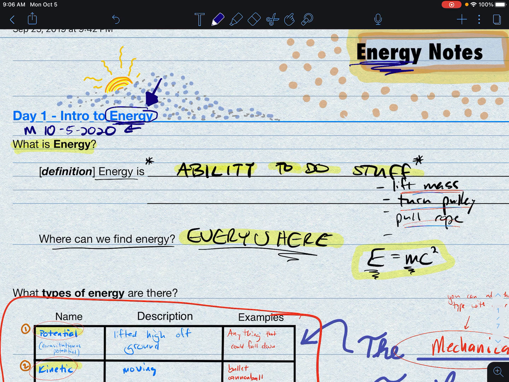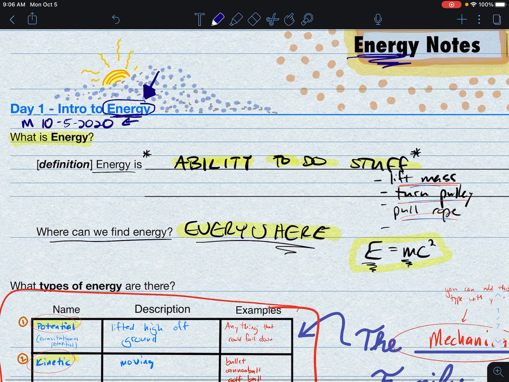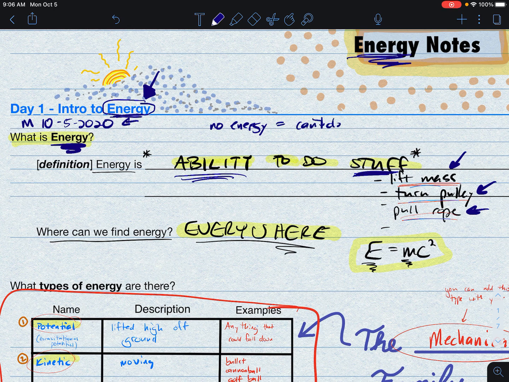I wanted to define this a very different way than you might see in a textbook. You might see in a textbook that energy is the capacity to perform mechanical work or something. I don't like that. I want to use some plain old English, and we say something has a lot of energy if it has the ability to do stuff. And think about you. If you have a lot of energy, you can go out and do things. You could lift a mass up, you could turn a pulley, you could pull a rope, you could push a car, you could do stuff. If you have absolutely no energy at all, you can't do anything. You can't do stuff at all. That's a gross simplification, but it's good enough for us.